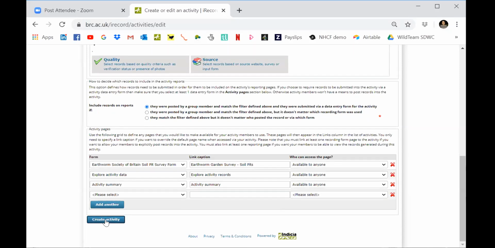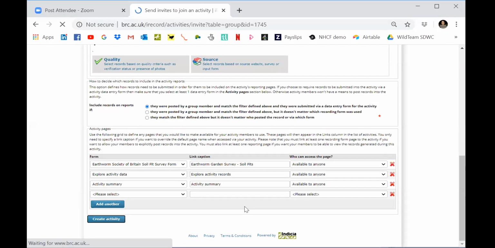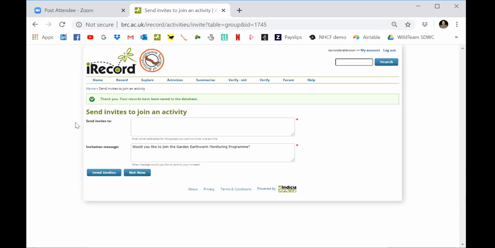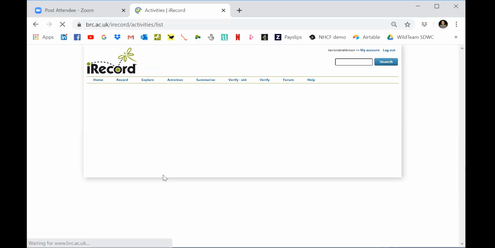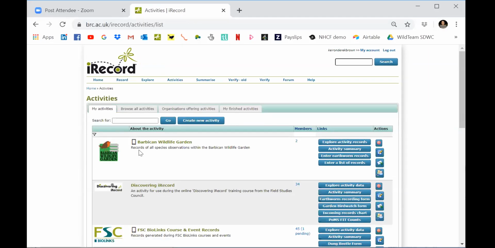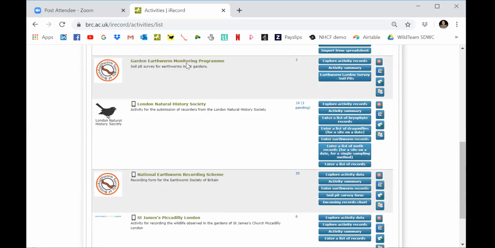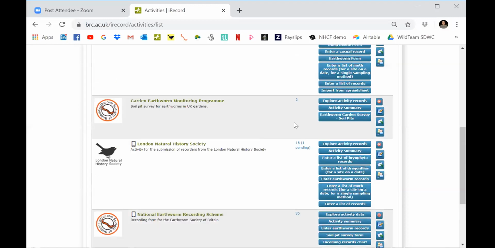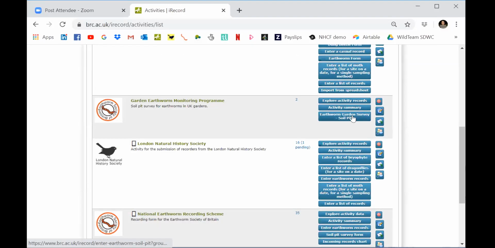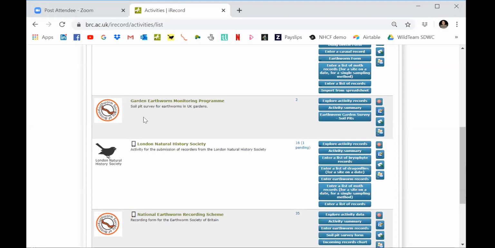I then click create activity, and I can then invite people to it. I'm not going to do that now because I haven't launched the survey yet. And then that will appear in my activities. So we've got the Garden Earthworm Monitoring Program here, and then you've got the 3 options that I set up. And it's that simple. That is now set up, and I can use this button here